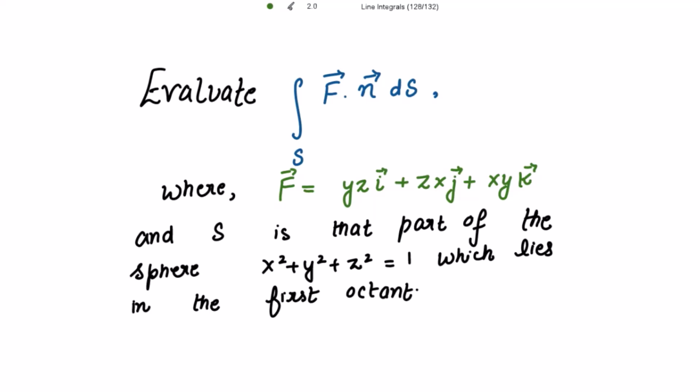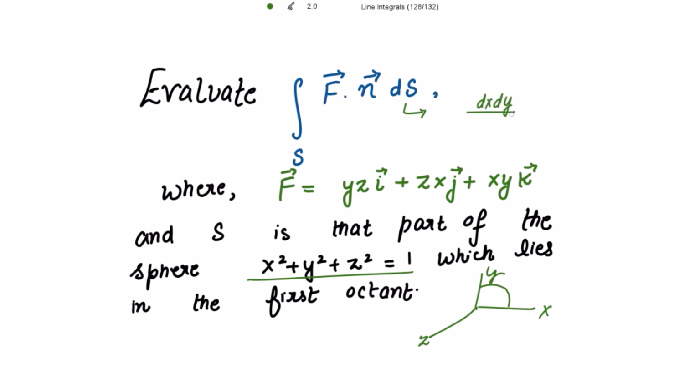To evaluate the surface integral of f vector dot product with n vector ds, where f vector is given to us and S is that part of the unit sphere which lies in the first octant. Because this sphere is lying in the first octant, taking the coordinate axes, this is x, this is y, this is z. So the part of the surface of the sphere S lies in the first octant only, that is your xy plane. So for that, ds is equal to,